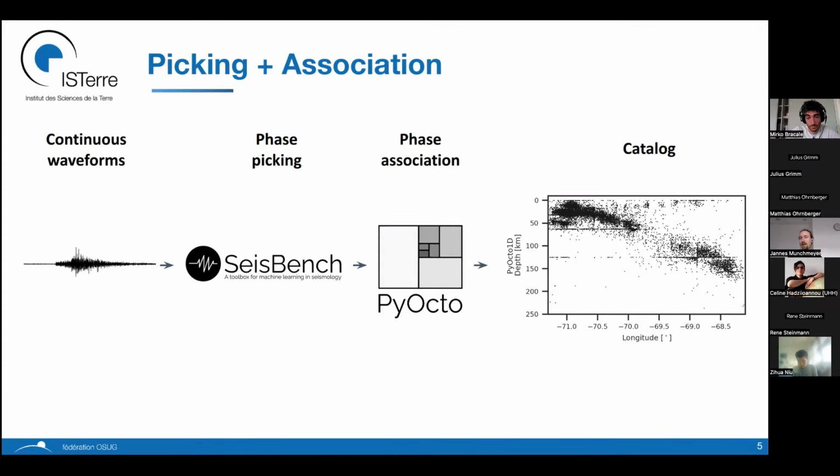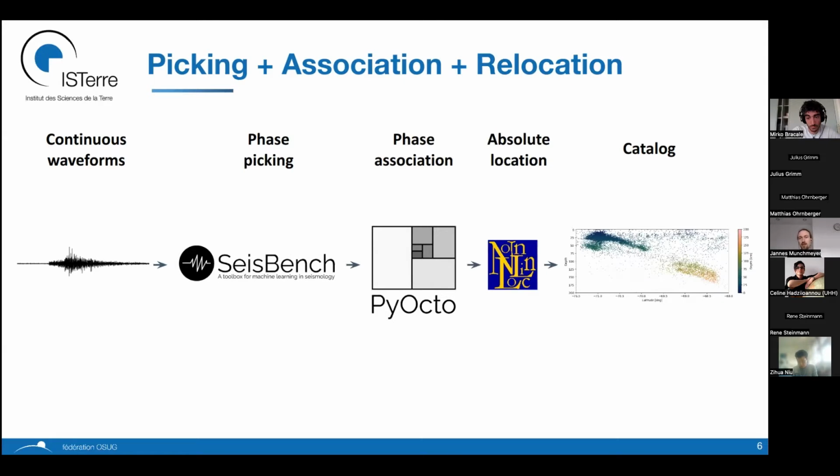They're not really built to give you great locations, because for that we have tools like NonLinLoc. So traditionally an earthquake workflow will then add a relocation. Well, maybe we could just call it an absolute location step. It's happening afterwards. And this is the very basic workflow to build earthquake catalogs. Now there could be much more. You could try relative relocation, you could estimate magnitudes, moments, and so on. And that's a basic workflow.